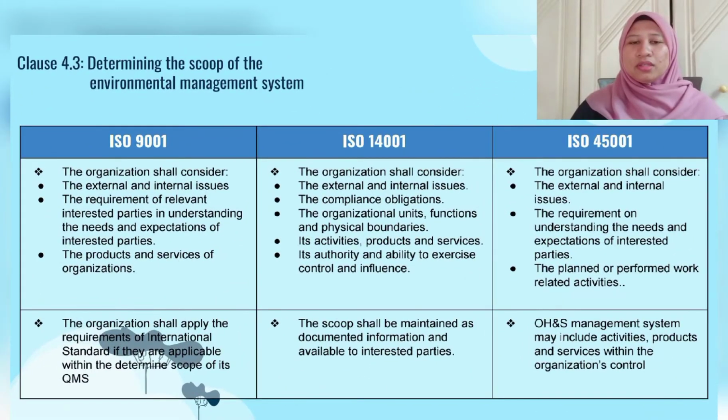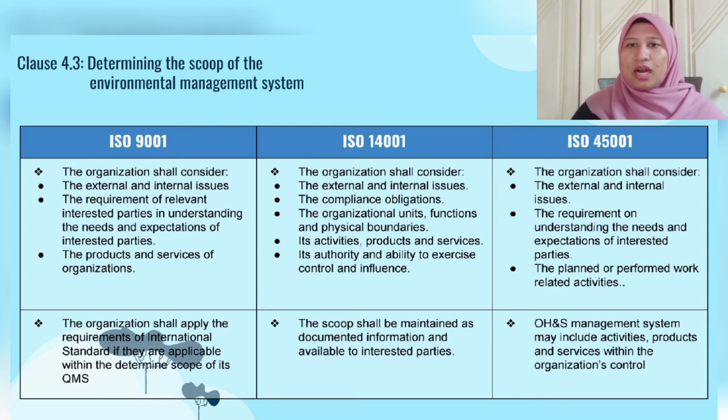For clause 4.3, determining the scope of the management system. For ISO 9001, the organization shall consider the internal and external issues, and the requirements of relevant interested parties, in understanding the needs and expectations of interested parties, and the products and services of the organization. The organization shall apply the requirements of the international standard if they are applicable within the determined scope of its quality